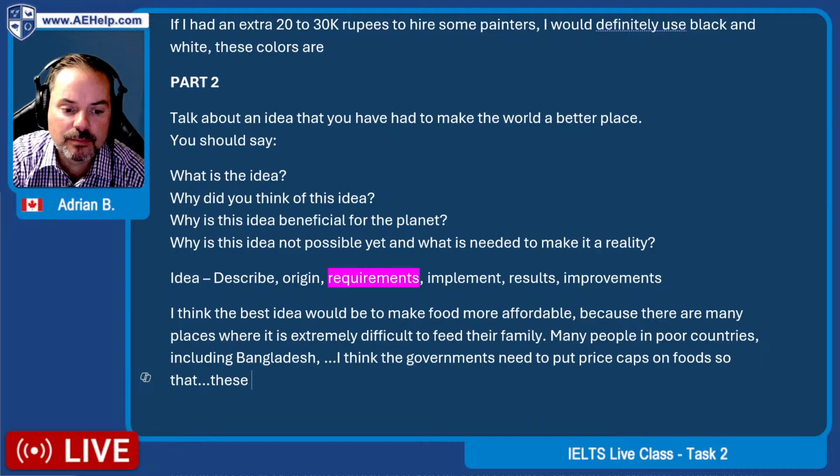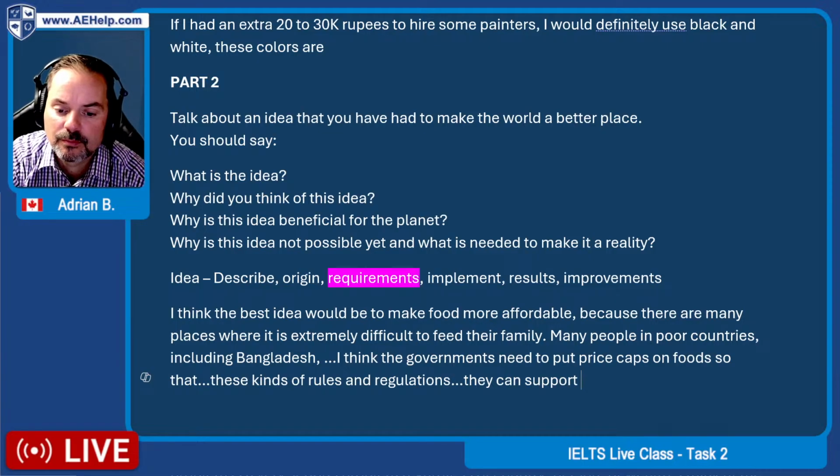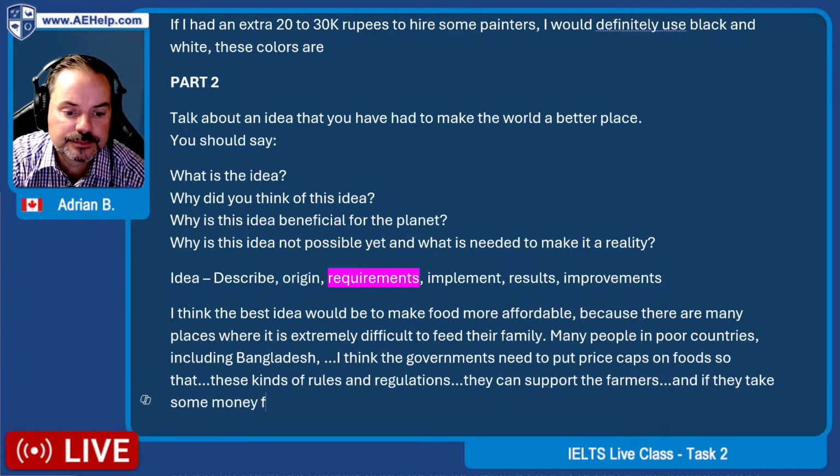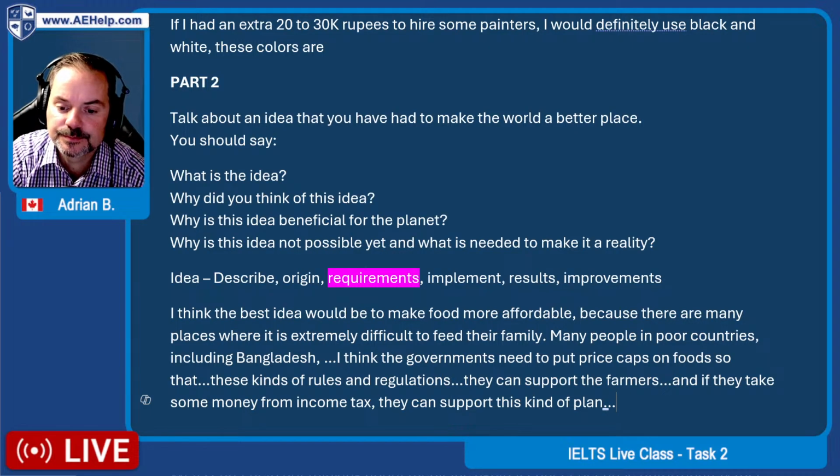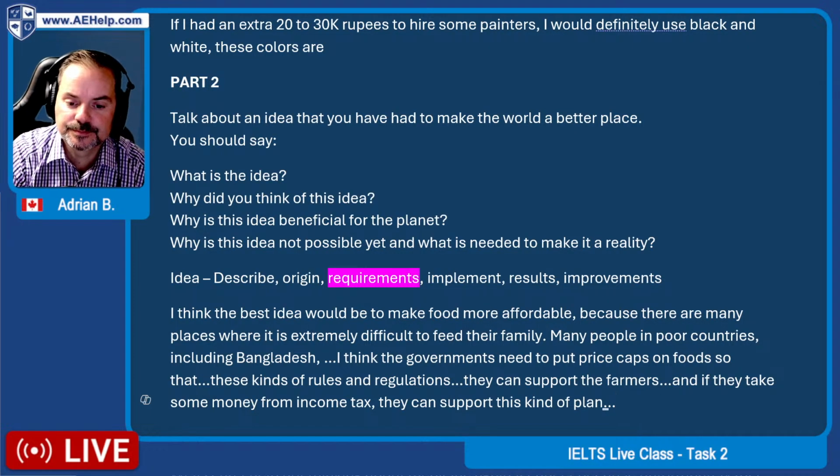So I do think the government can play a big role, especially if they can support by putting up a fund, or if they take a certain portion of money from the income tax, then they might be able to afford this kind of plan. And if they can do this step as well, then it will be very easy for people to make an approach as well. And people who usually sell food might not have to sell at a cheaper price, because the government will pay them a certain amount as damage control from the tax income, as I mentioned earlier.